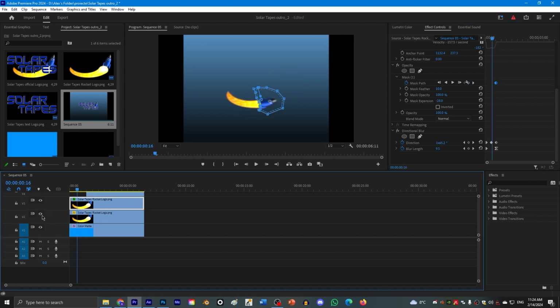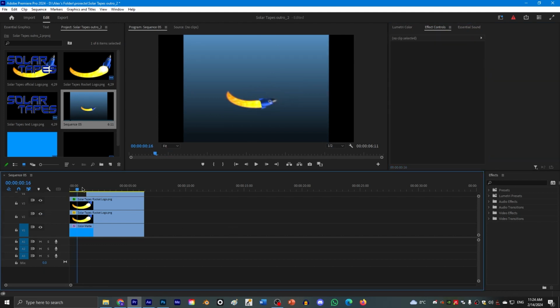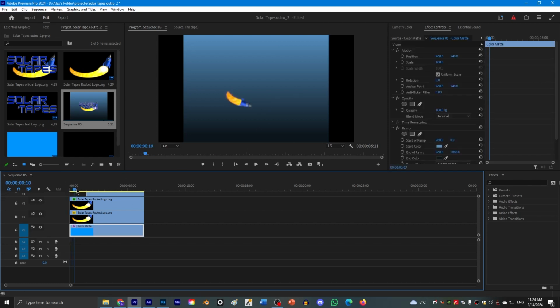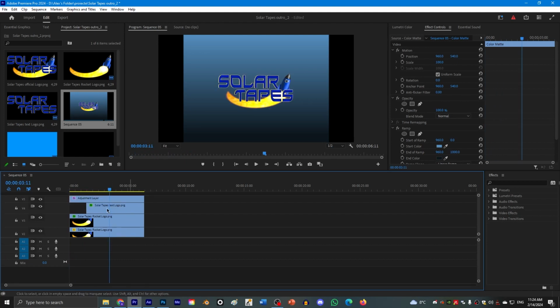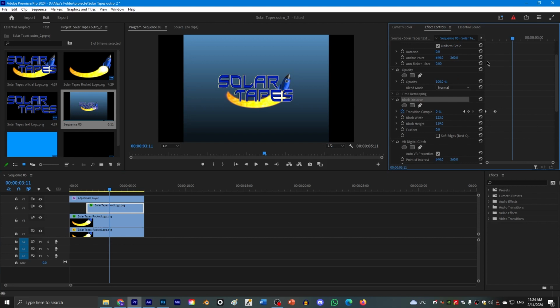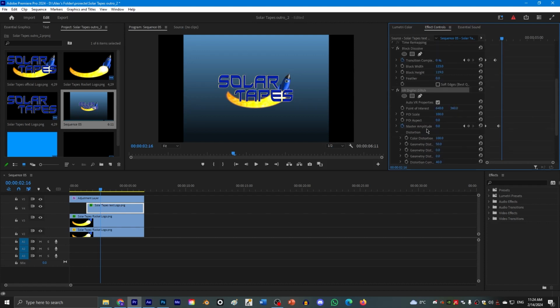And if you check both of them, it looks like the rocket is flying and it leaves the fire behind her. And the text was pretty simple. I just used the block dissolve effect for the transition, and I keyframed the transition, and I also keyframed some VR digital glitch.